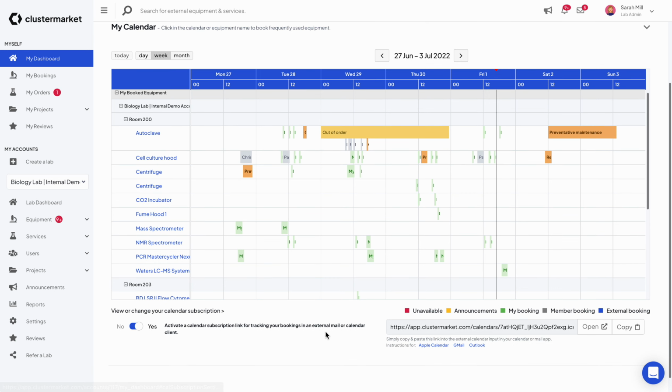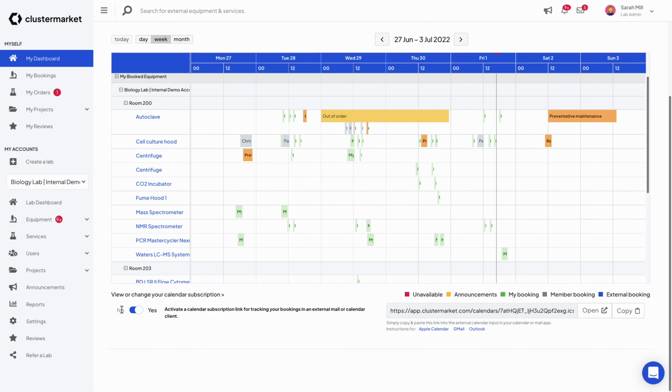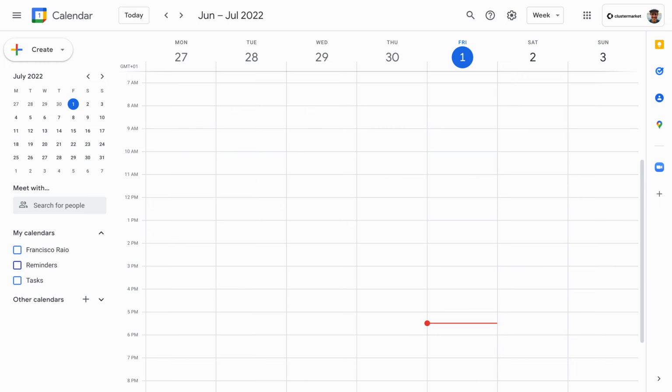If you click on it, there will be this toggle. So if it's no, you should turn it on to be on the yes side. And then this link will appear. When this link appears, all you have to do is simply copy the link and then go over to your